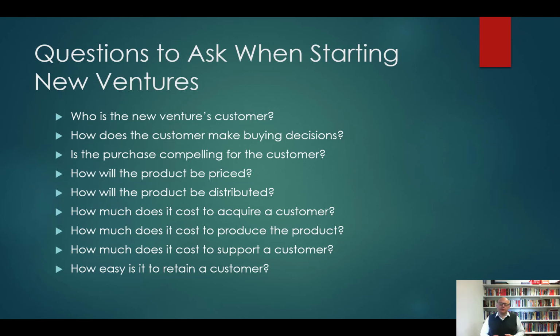So for example, at a university, there's the cost of actually initially acquiring a student, bringing them into the university, but then there's the ongoing costs associated with keeping that student in their studies and ensuring that they progress effectively through the degree. And we need to think about how easy it is to retain a customer. Remember, if we've gained customers by taking them from other organisations, it's likely that other organisations are going to do the same thing to us.